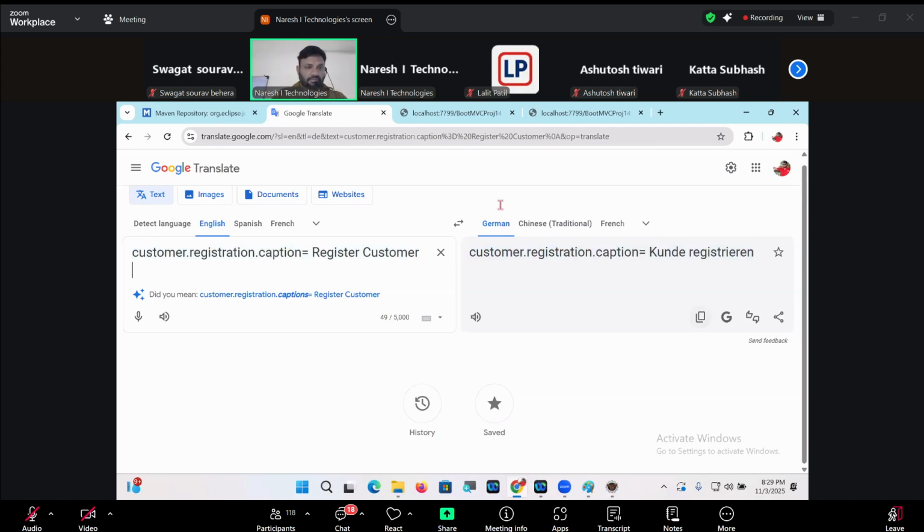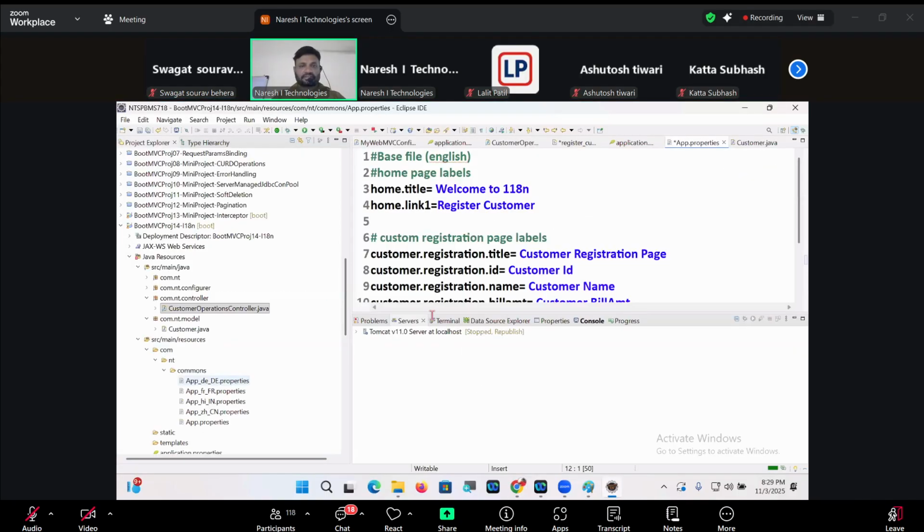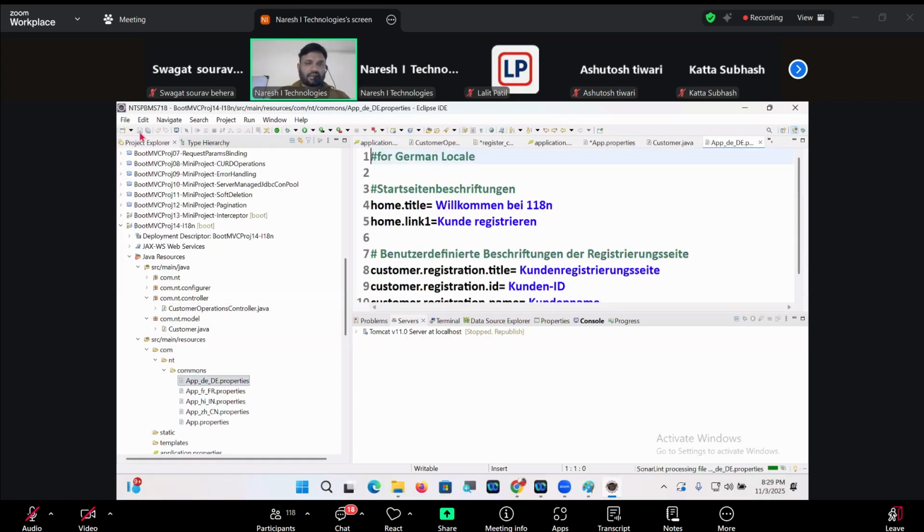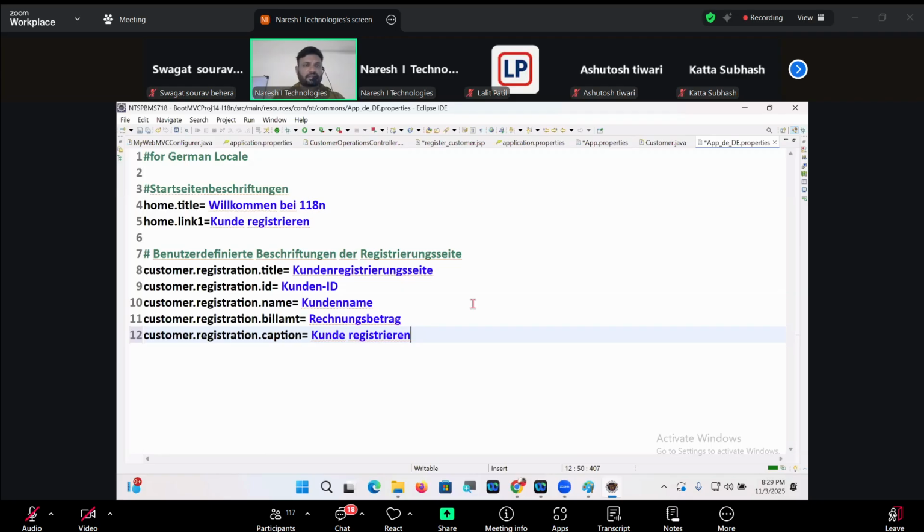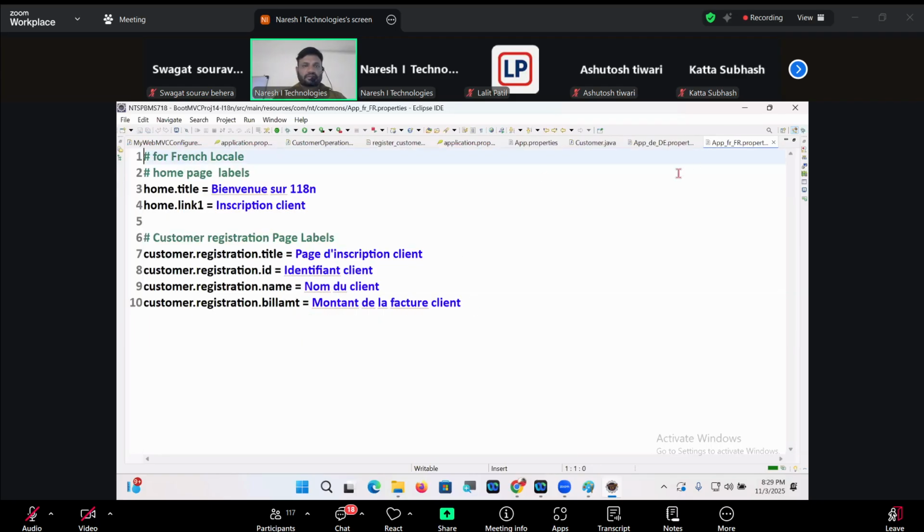Where is the German file? Here is German. Paste. That's good. Next one, FR underscore FR, this is French.